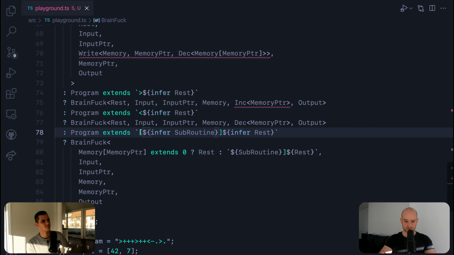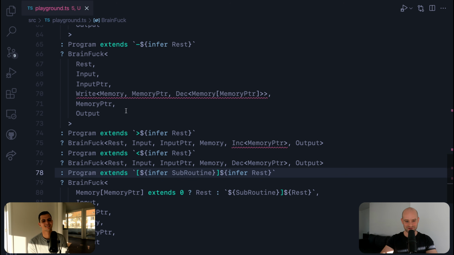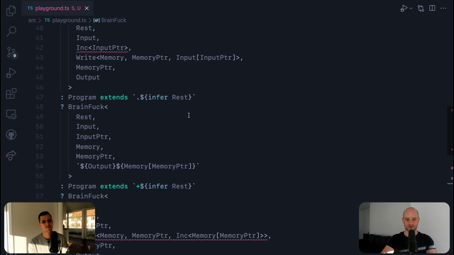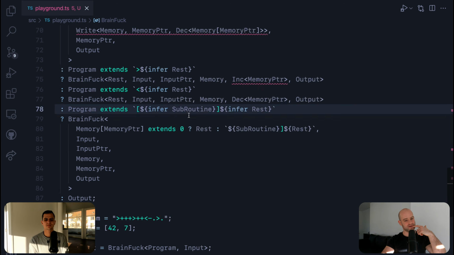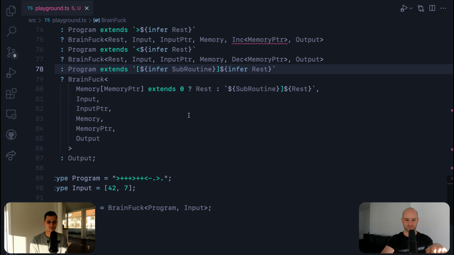So that looks good, but we need to do one more thing now, because when we reach this command, we need to go back here. And so I need to remember where I was. This is where we add a new parameter, which I'm going to call stack. Even though here it's always, is it always flat? Where we can go back to where we were.